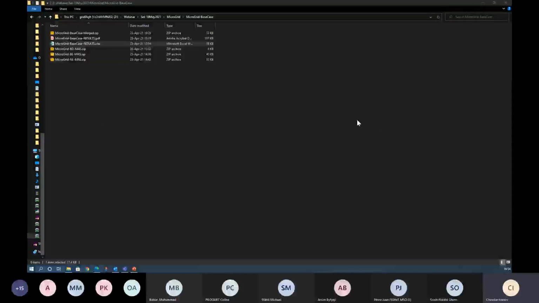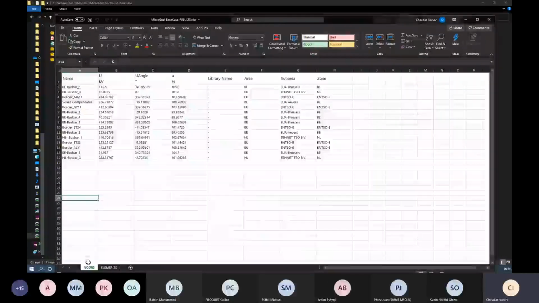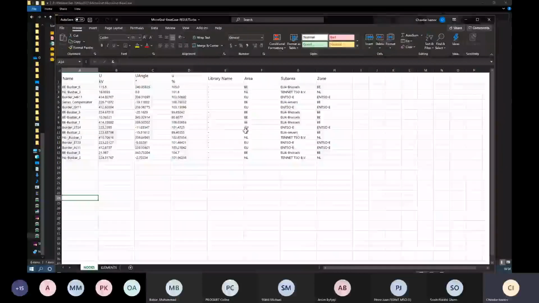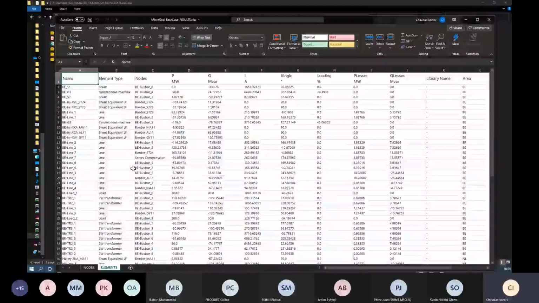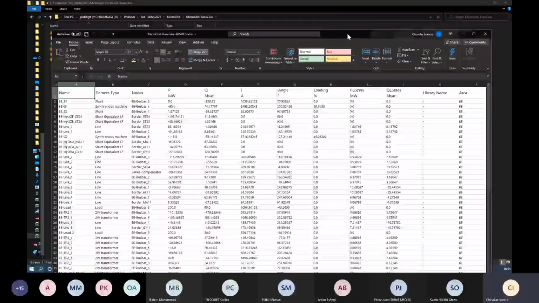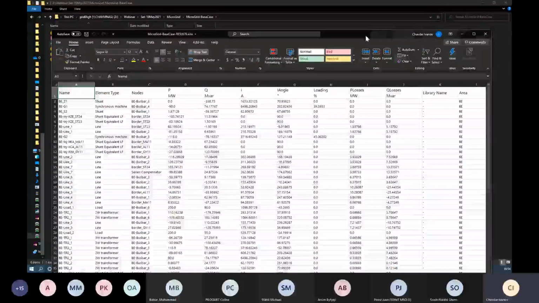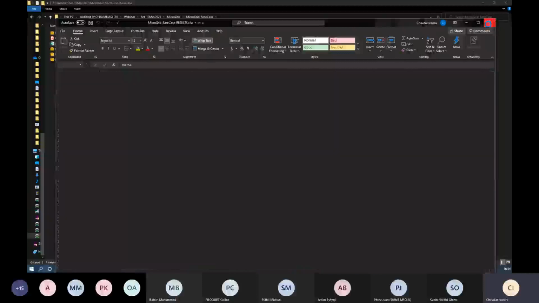And here in the Excel file, we have the results, similar to the others, where there are 2 tabs for the results from the nodes and the power flow on different elements included in the model. So this can be used in the review sessions, or by you when implementing, to compare. And of course, if you find issues or you have any suspicion here and there, please don't hesitate to contact ENTSO-E or the assessment lab.